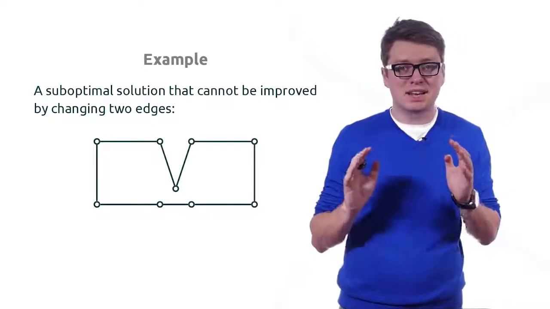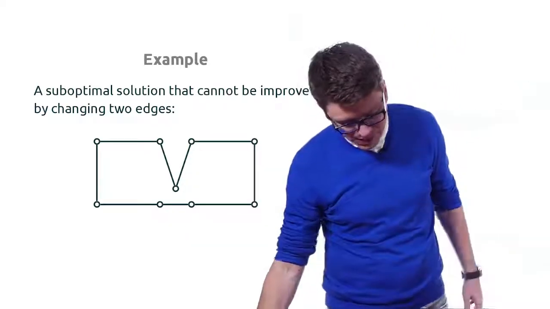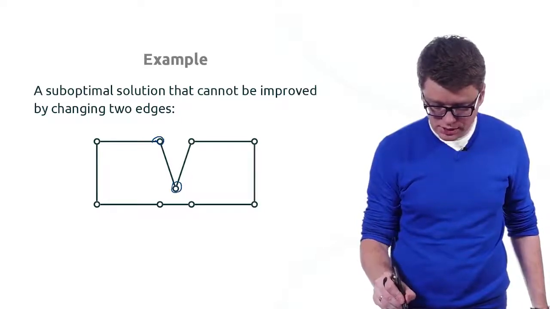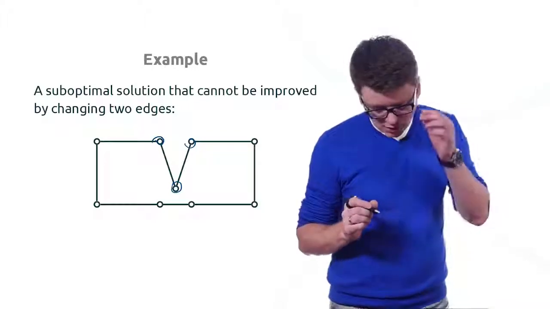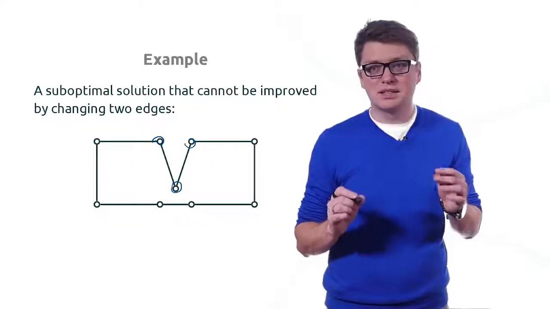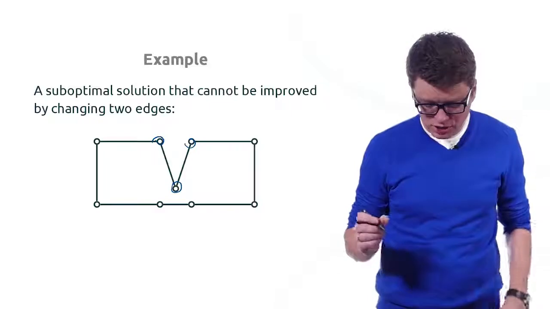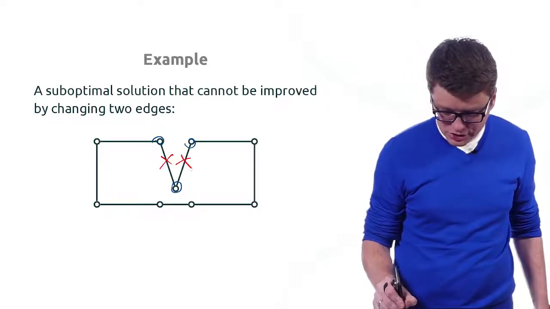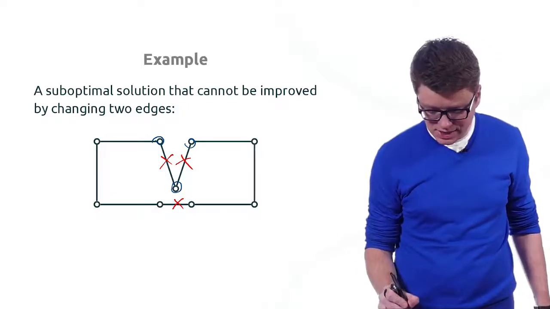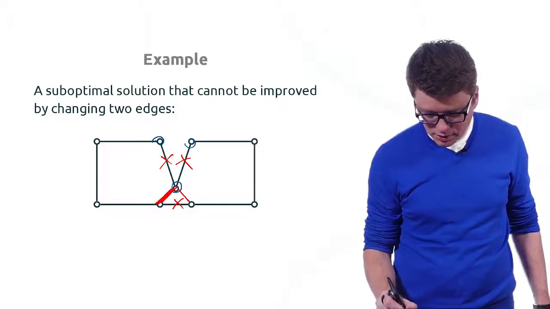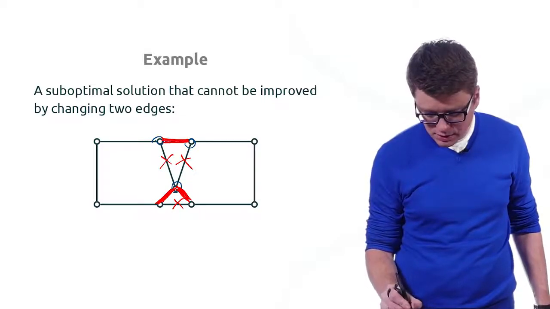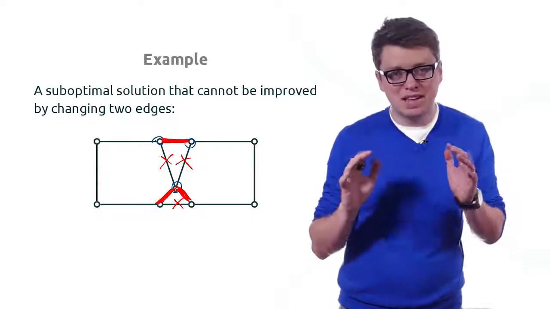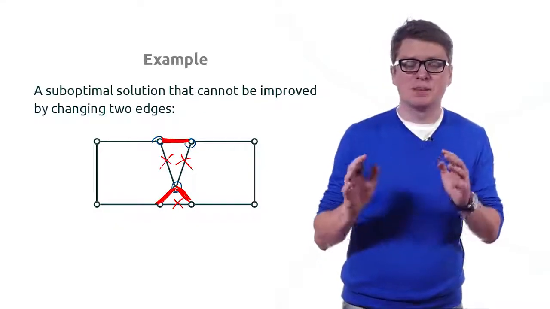Because in this case, clearly it doesn't make any sense to visit this point through these two guys, right? So to fix this solution, we would need to change three edges. We would need to remove these three edges, and instead of them, add the following three edges. So we can fix this solution, so our algorithm can realize that this solution is suboptimal if D is equal